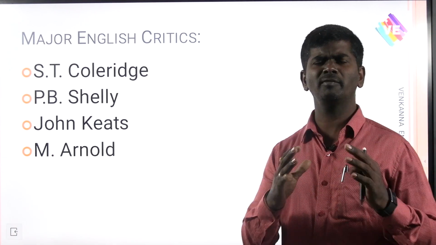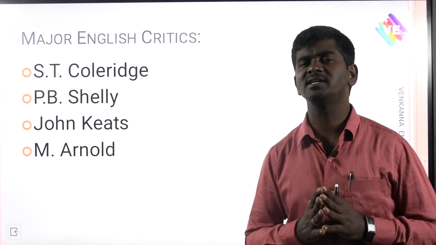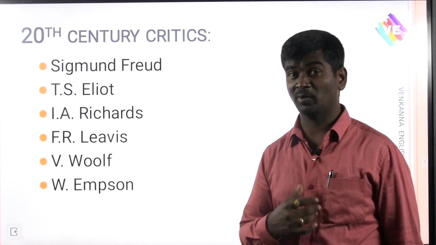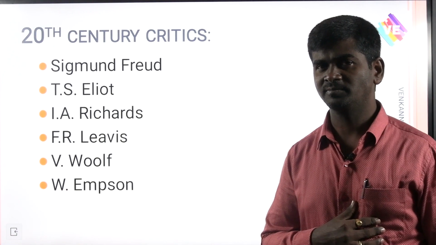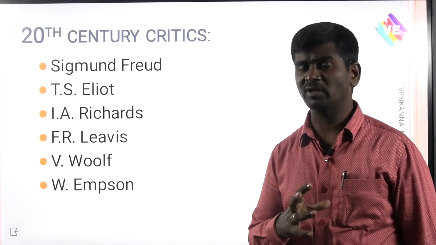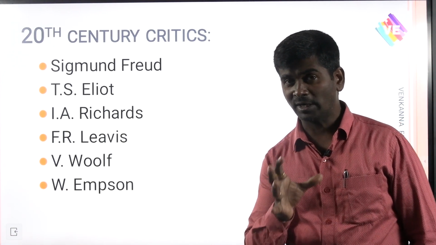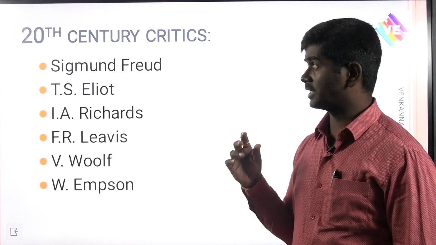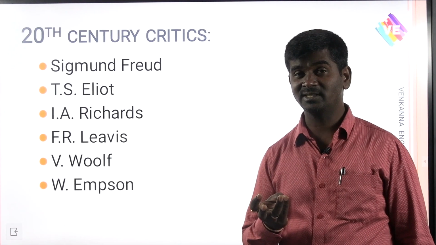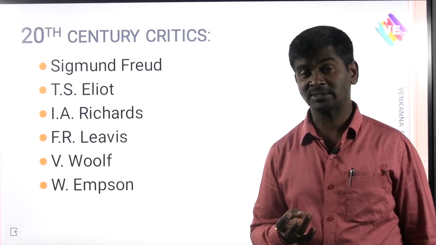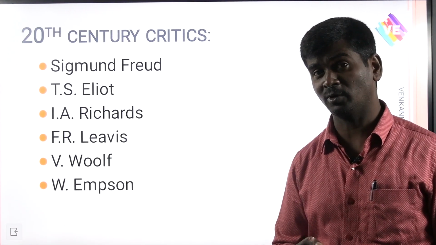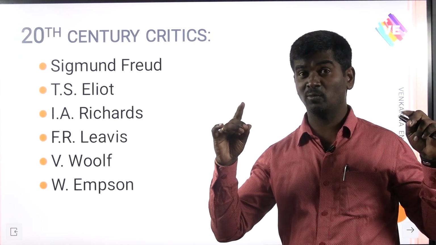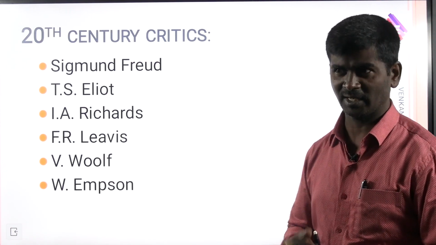Next, Matthew Arnold, very, very important, my friends. Matthew Arnold and T.S. Eliot. When you talk about Matthew Arnold: what is the touchstone method, what is Philistinism, what is culture, what is anarchy, what is the function of criticism, and what are the important quotations that he spoke about. Next, Sigmund Freud: what are id, ego, superego, Oedipus complex, Electra complex, conscious, subconscious, unconscious, and the interpretation of dreams, and what he talks about in terms of literature.